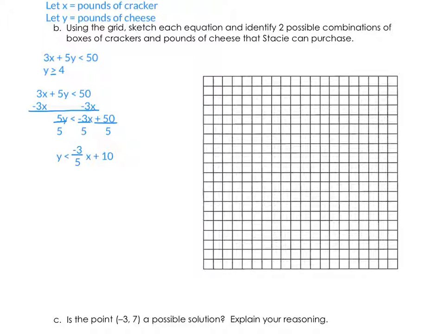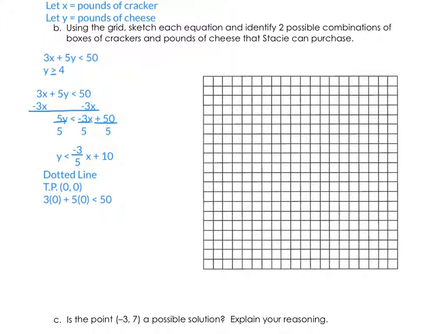Remember, whenever we graph inequalities, we have to worry about line type. Since this is not included because it's just plain old less than, we're going to use a dotted line. To determine where to shade, we're going to use a test point. I'm going to use 0, 0 because it's not a point on the line. To be sure, we could put it in y equals, but I know that it's not going to be because it's going to start off at 10. So 0, 0 is not on the line. Then we can sub back into the original, 0 in place of x and y. So we get 3 times 0 plus 5 times 0 should be less than 50 if it's true,